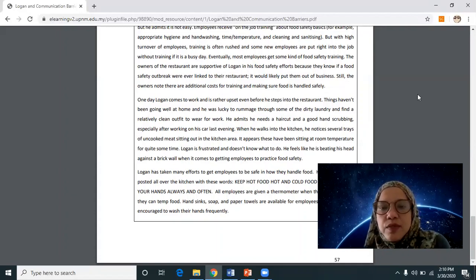When he walks into the kitchen, he notices several trays of uncooked meat sitting out in the kitchen area. It appears these have been sitting at room temperature for quite some time. Logan is frustrated and doesn't know what to do. He feels like he is beating his head against a brick wall when it comes to getting employees to practice food safety.